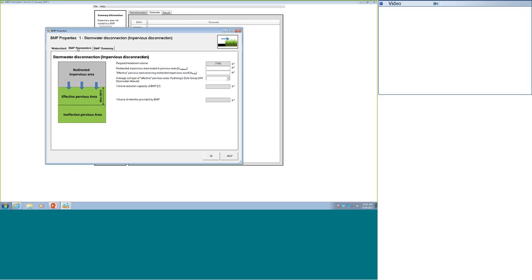And then click on the BMP Parameters tab here, which takes me to the page where I can input the information about the best management practice. You can see it's a fairly simple screen. I just need to redirect a certain amount of impervious to this pervious area. I am going to route the entire 2 acres to this. So that would be about